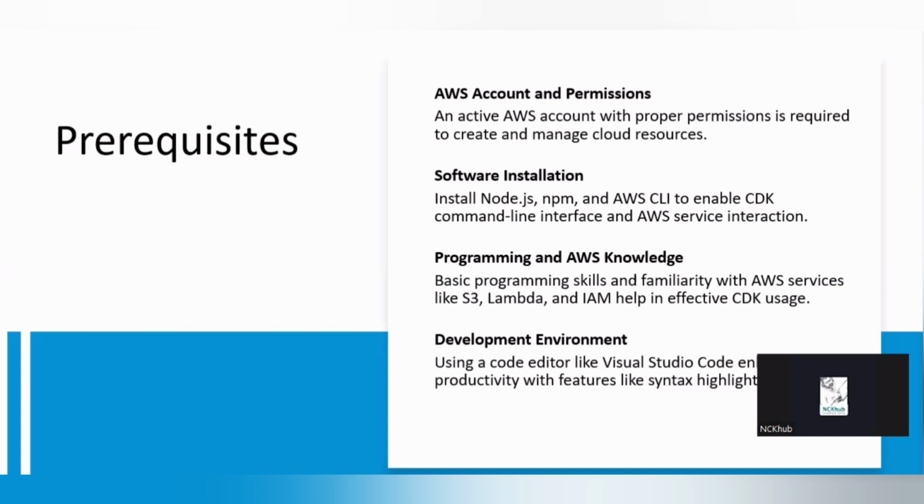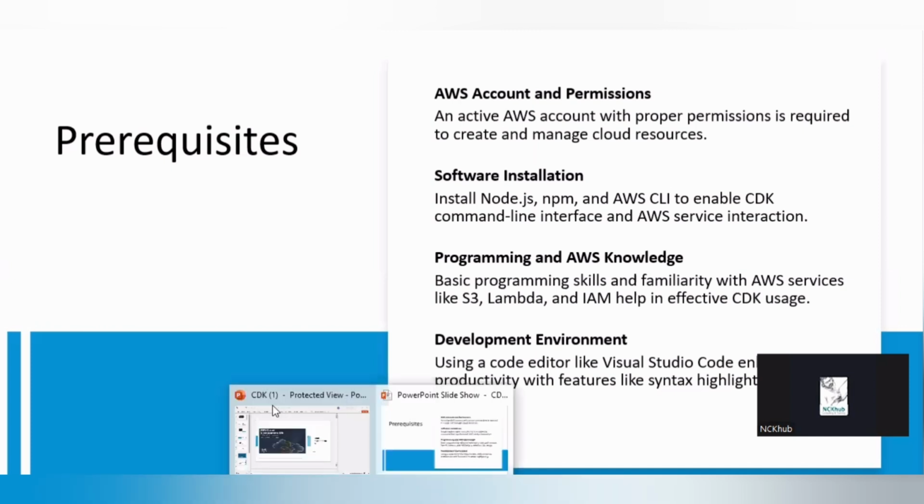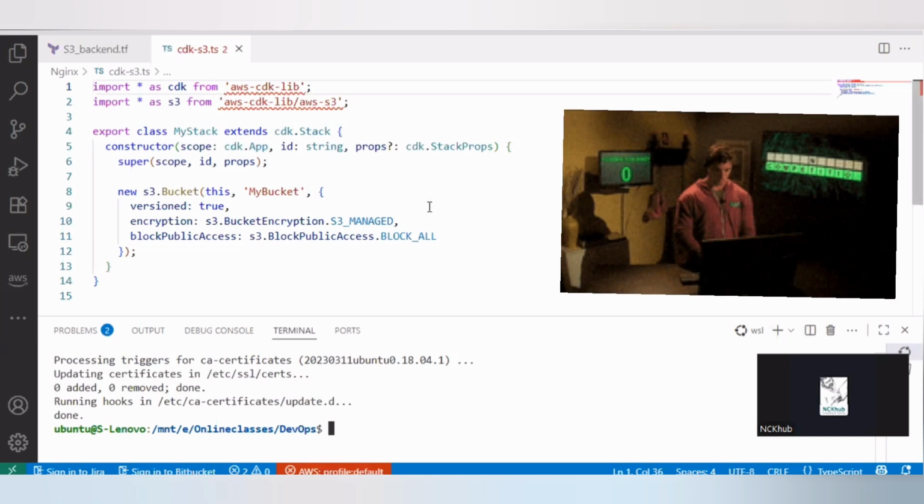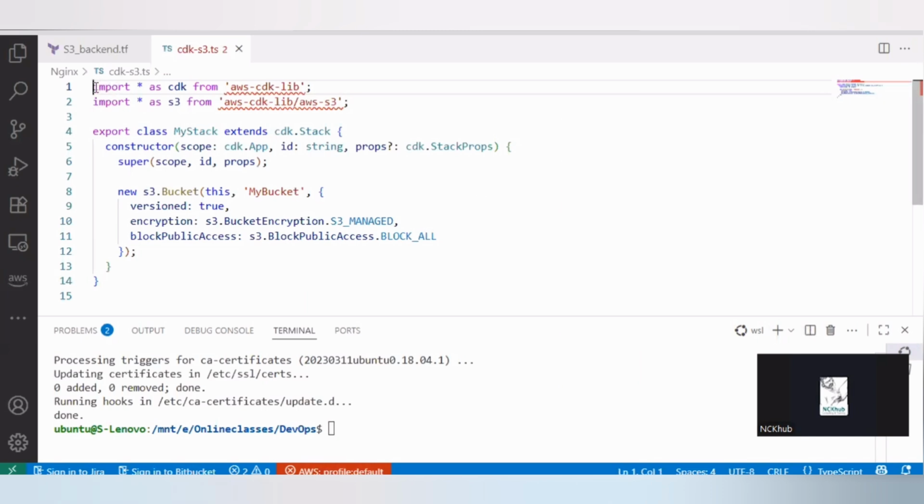We simply deploy these services using our Visual Studio Code, and we can add syntax highlighting, like I am going to show you now here in my Visual Studio Code. For example, if you can see here, this is one such example which shows the AWS CDK libraries. This we have to install, and along with this we have to manage installing the CDK library using NPM. Next, you have to create a class